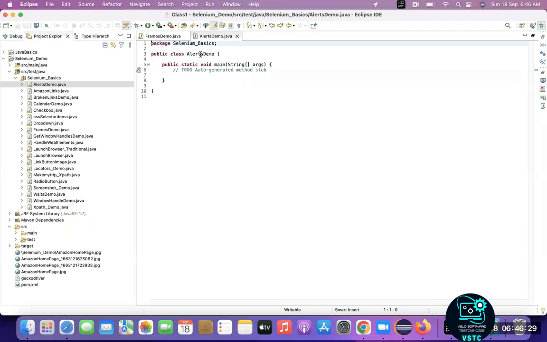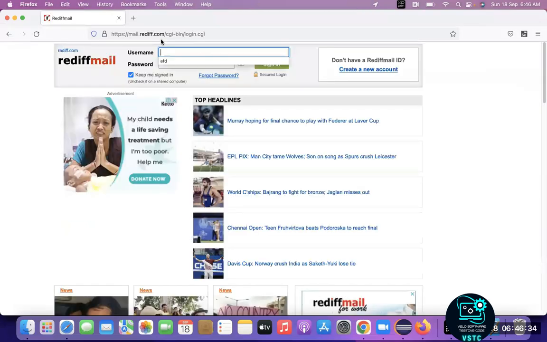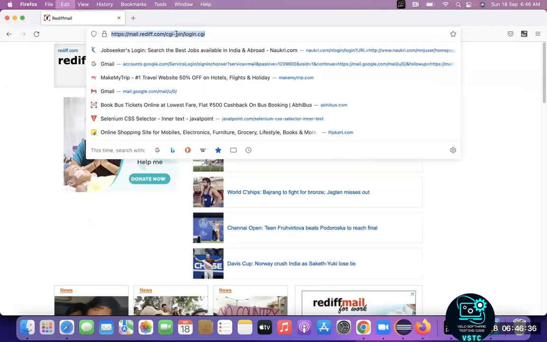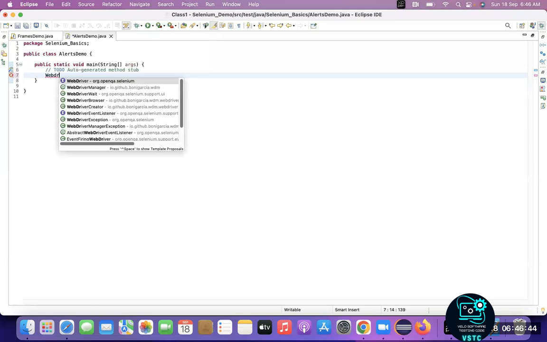First, let's see for this one, for Rediff mail. For this particular website, let's see how we can handle this one. This is a simple alert, basic alert. Let's see how it will work. Okay, so let's start with the WebDriver manager